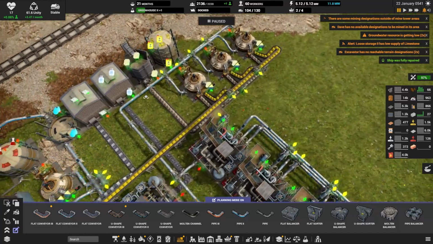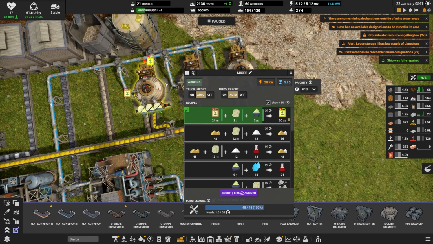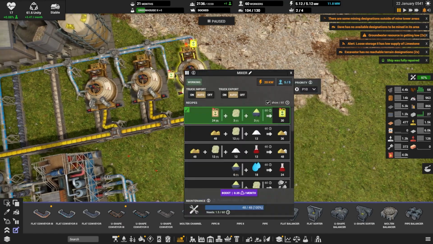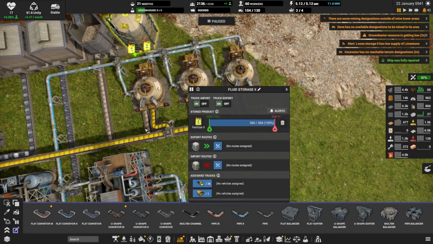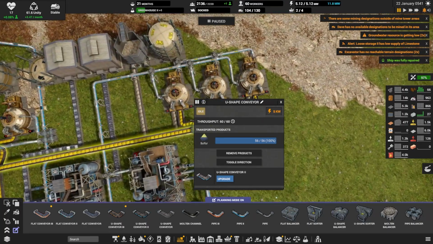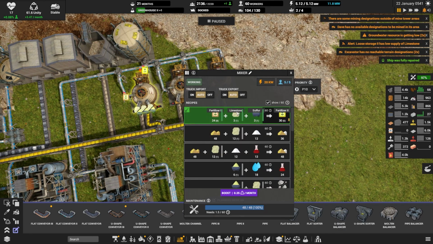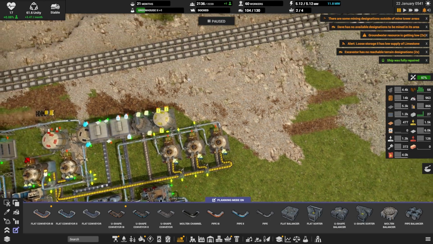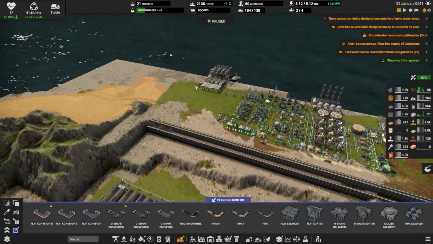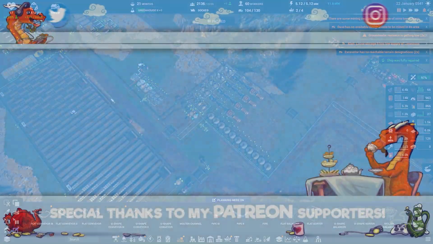And additionally, that regular fertilizer gets delivered over to these mixers, which each take a little bit of extra sulfur from the sulfur area down there and some limestone. We mix fertilizer, limestone, and sulfur to make the level 2 fertilizer. And that is pretty much